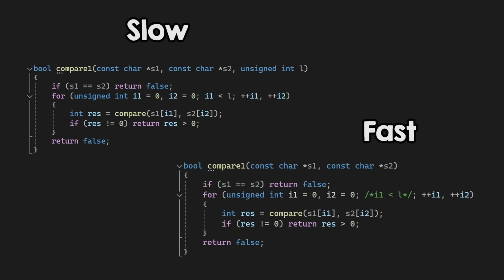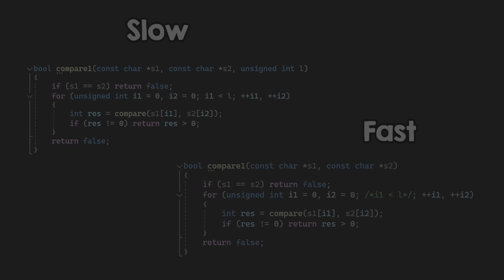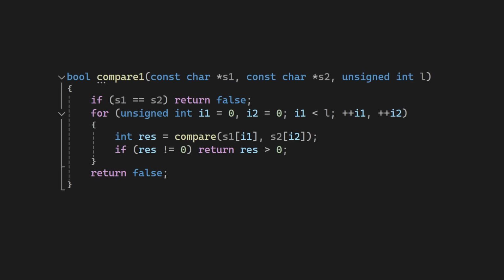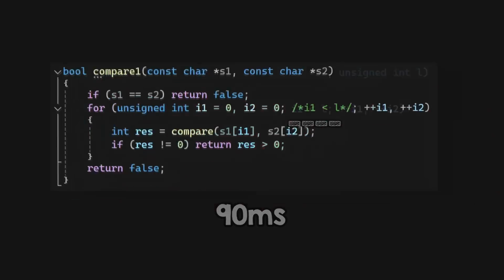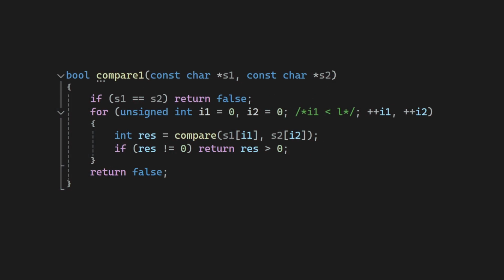So here comes the example from the beginning of the video. This is from the book The Art of Writing Efficient Programs by Fedor G. Pikus. And the aim of this example is to scare you into not trying to do low-level optimizations without measuring your code. So, the author starts with this function that he wants to optimize, and he measured it, giving him this speed. He then figures out that he can safely remove the comparison, because the function will be called on substrings. So, one string will reach a 0, returning from the function, or if they both reach a 0 at the same time,